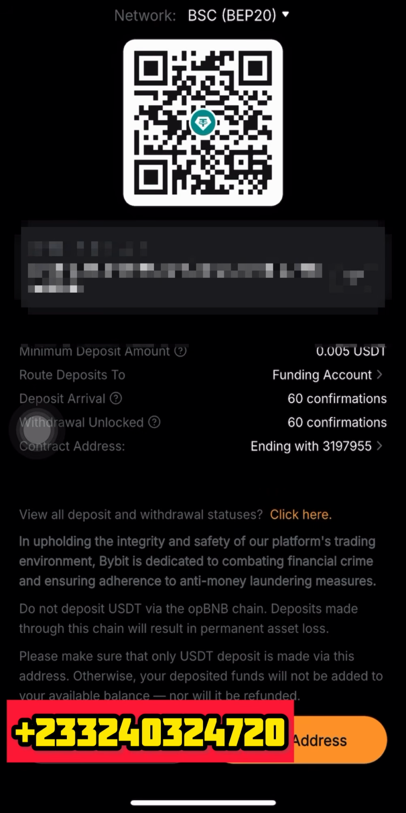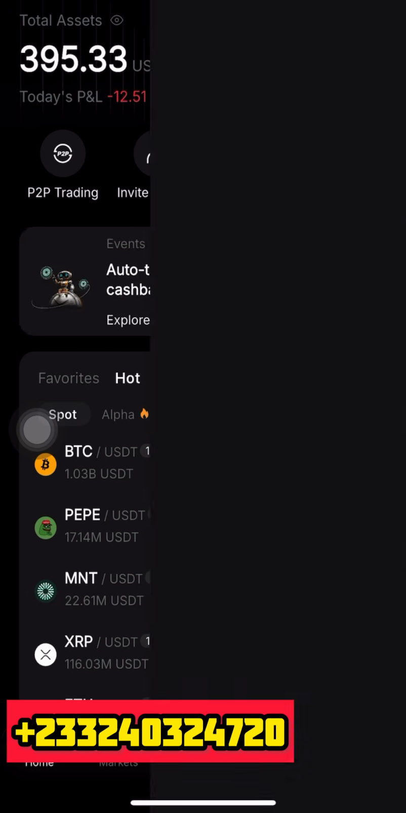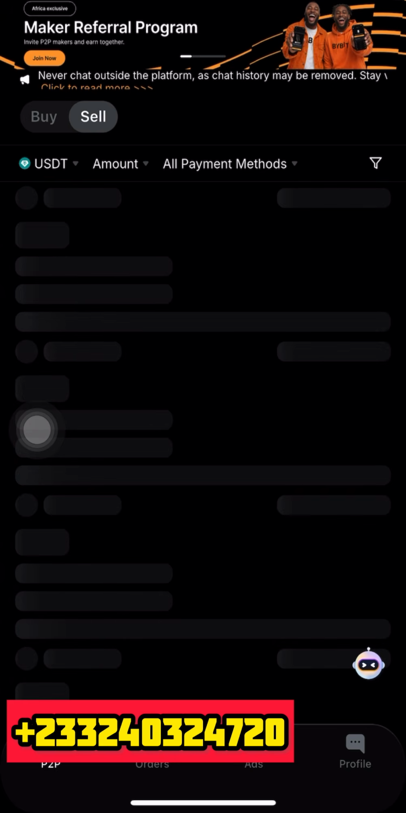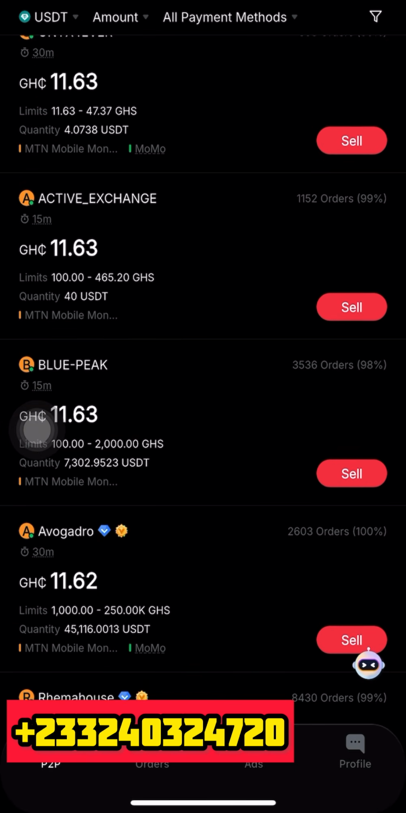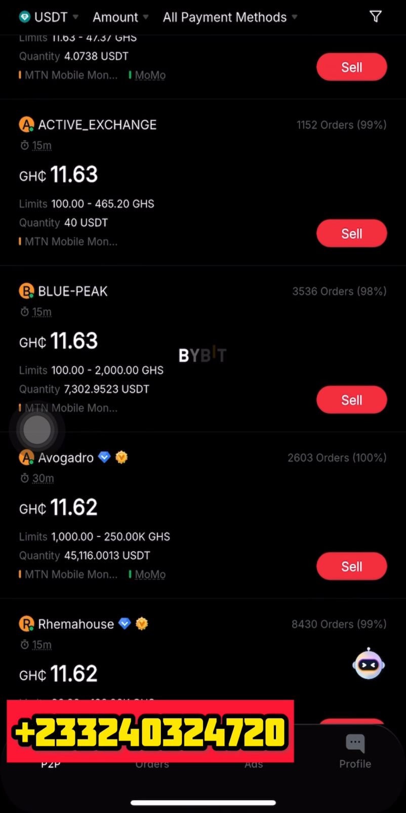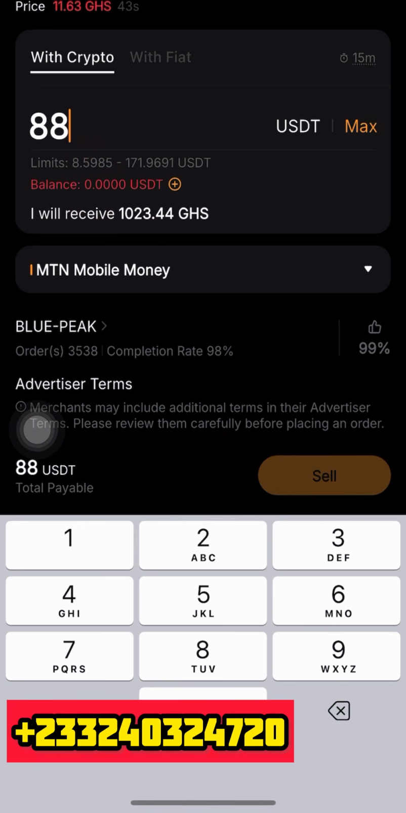So after everything, I'll be earning the 88.13 in my account here. Then I'll come straight here and sell my 88.13, and I'll be earning 24 Ghana cedis on the 1,000 Ghana cedis. Just simple as that. And this one, you can repeat it as many times as you want, but as a first timer,